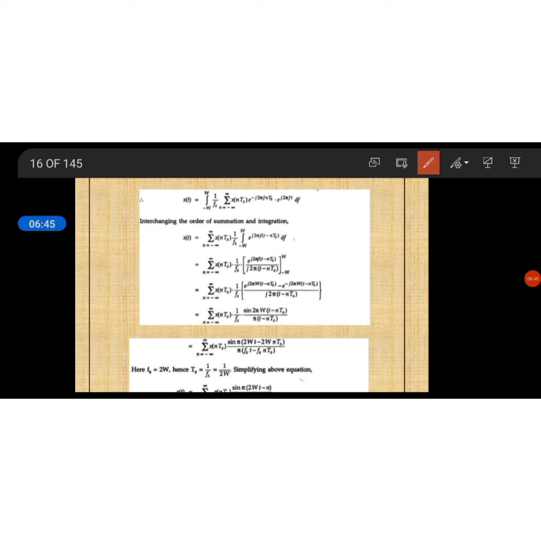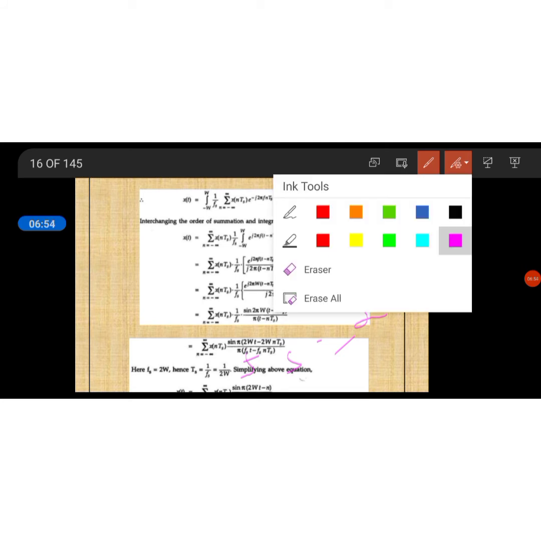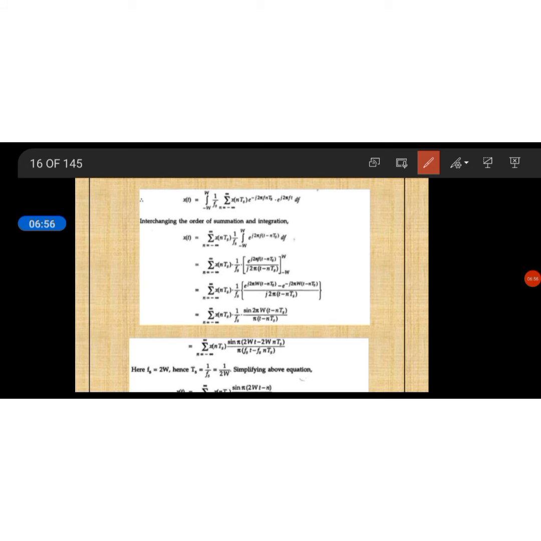Here we are taking the sampling frequency fs equal to 2 omega. Ts is equal to 1 by fs, we know that already. So instead of that, you have to make it as 2 omega t as it is there. Instead of Ts, you have to substitute 1 by 2 omega, because Ts is equal to 1 by fs. So 1 by fs is nothing but 1 by 2 omega. Instead of Ts, 1 by 2 omega. This 2 omega and this 2 omega get cancelled. You will be getting n alone here.